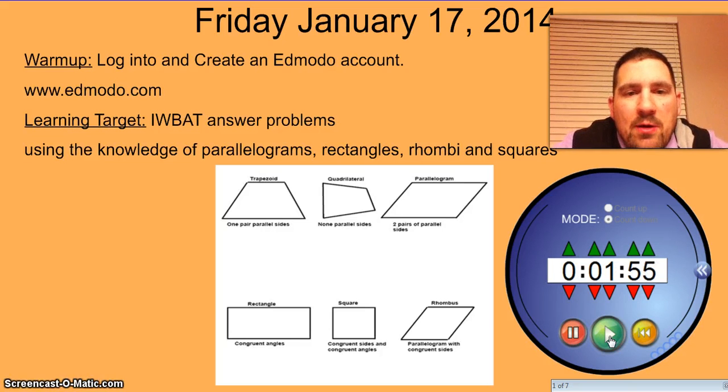Remember, while we are powering up our laptops, we all should be in our assigned seats. Our assigned seats, in case you don't remember where you sit, is located on the back wall. Your number correlates to the seat that you sit at. So if you are labeled in number 7, guess what seat you need to be in? Number 7. Some of you are going to try to not sit where you are assigned. At this time, you need to move to where you are and find that seat.